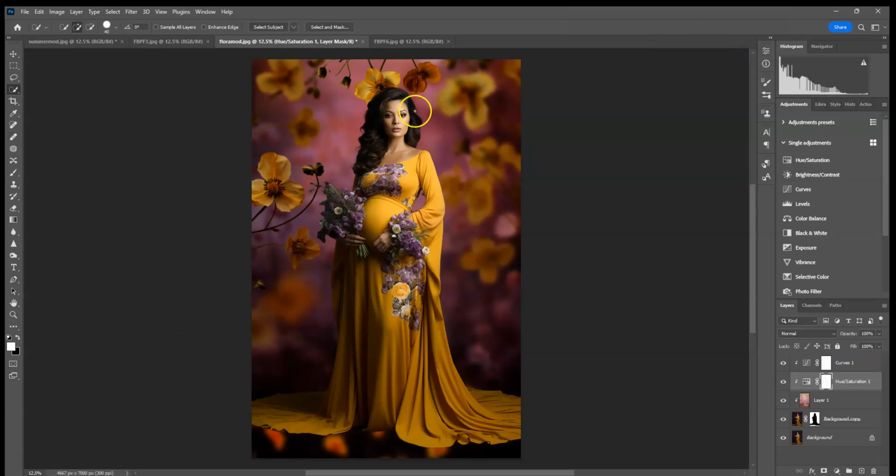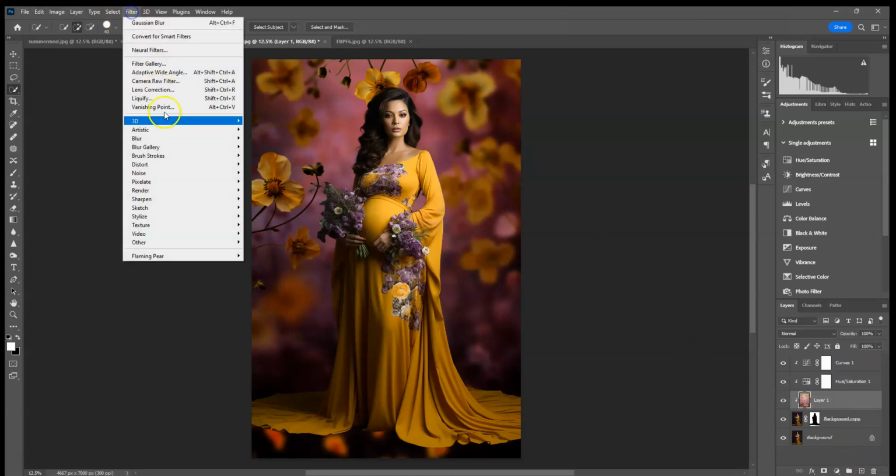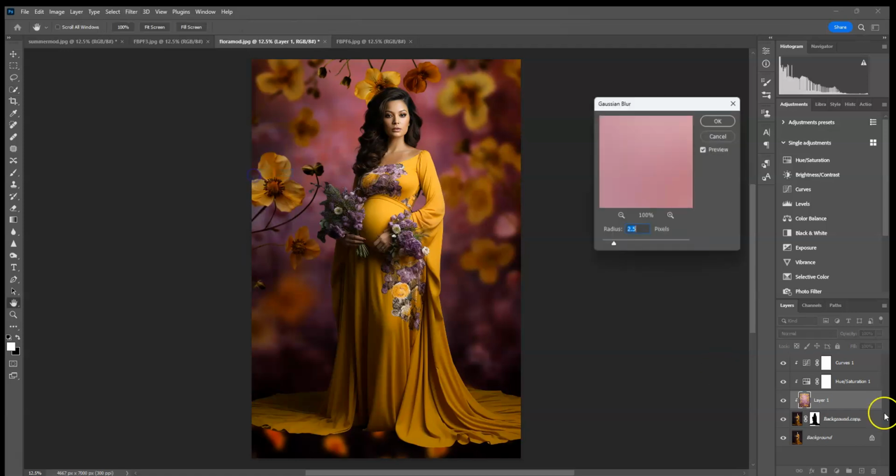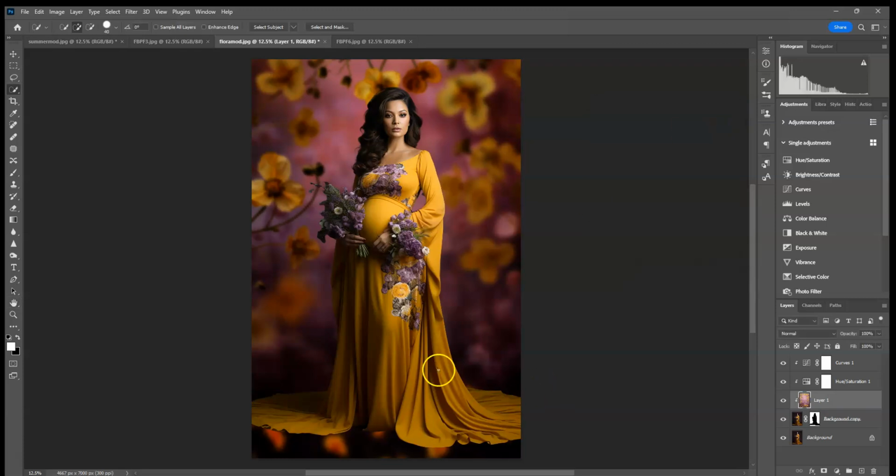And now, obviously these flowers are very in focus. I don't want them to be, because I want them to appear that they are on the backdrop, not right behind her. So I'm going to go up to Filter and Blur, Gaussian Blur, and make sure that the background layer, or the overlay layer, is selected. And I want to add a significant amount for this one. And now I'm going to come back down to my